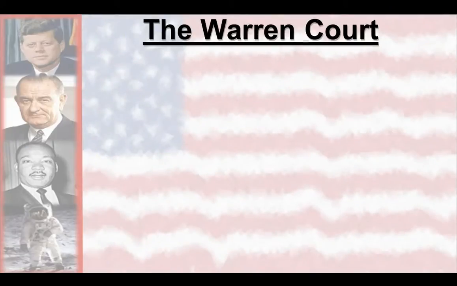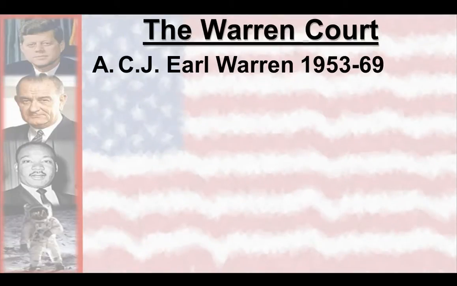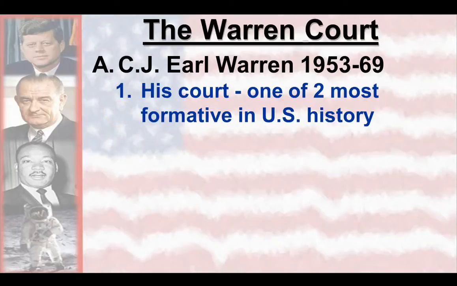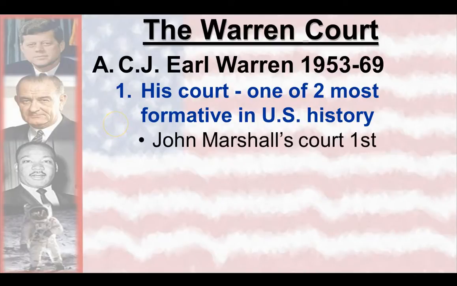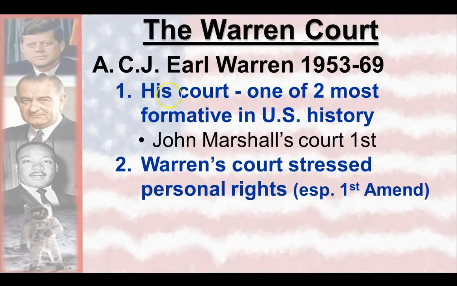Very significant amendment. The Warren Court, Chief Justice Earl Warren is appointed to the Chief Justice position to the court by Eisenhower in the 1950s. Eisenhower regrets that later on because Eisenhower is a conservative. Warren turns out to issue some very liberal rulings here, and his court is one of the two most formative important in history. John Marshall, early in the course of U.S. history, being the most important, Marshall kind of sets the basis and the tone for things, but Warren is really